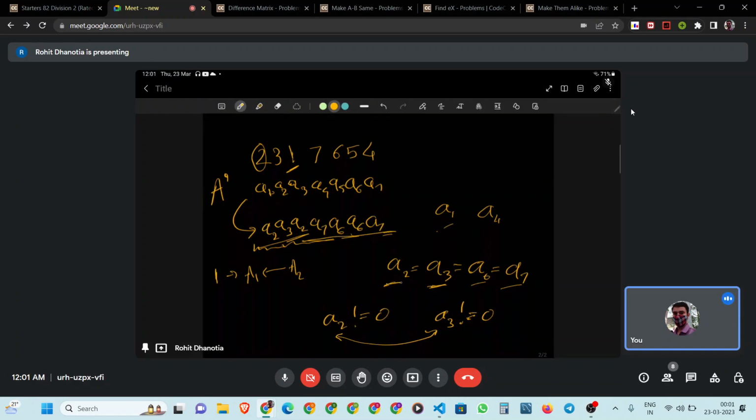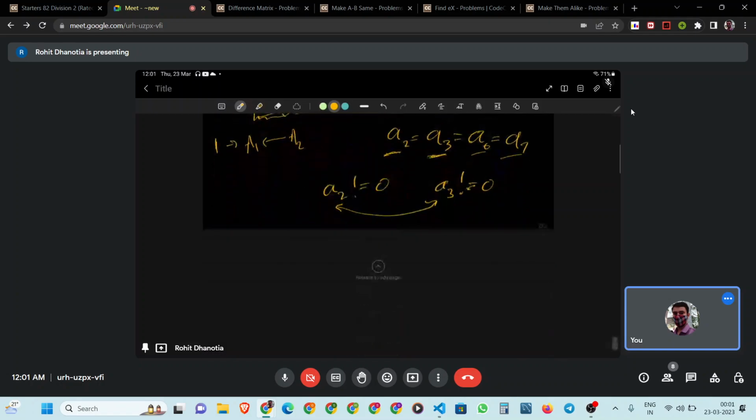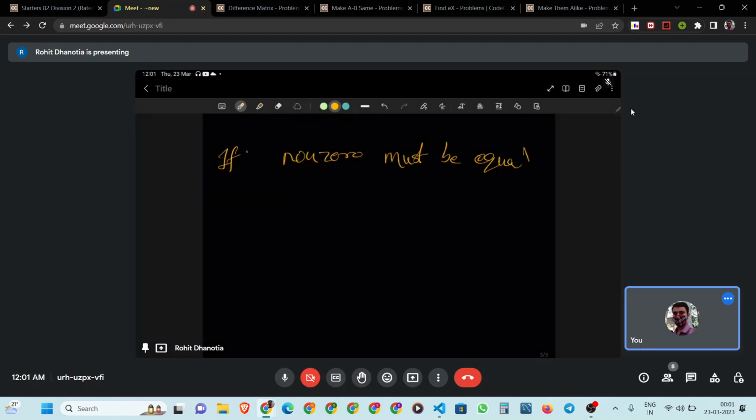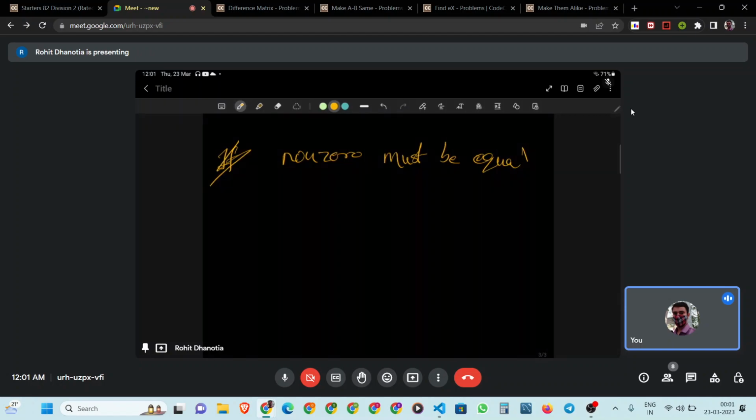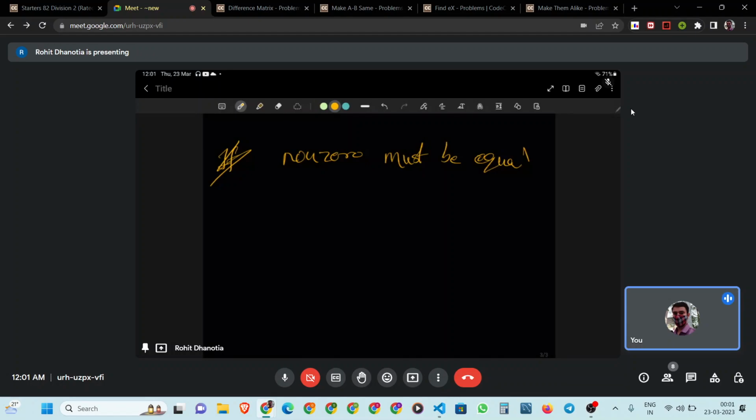So here, if we have any non-zero numbers in the final array, they all must be equal. Non-zeros must be equal, and the zeros I can change to anything, like